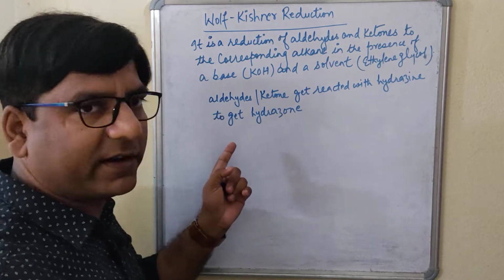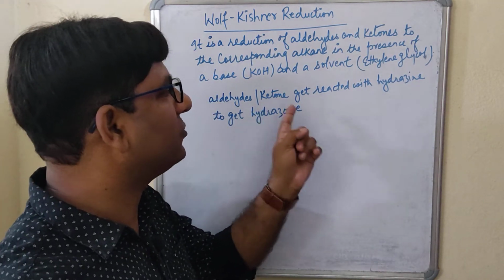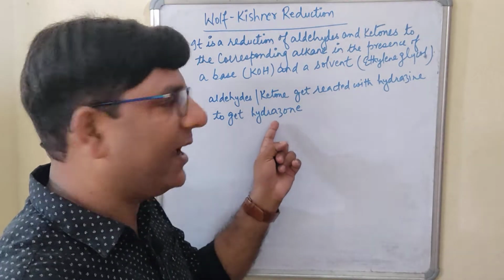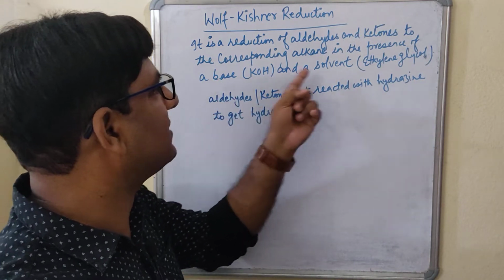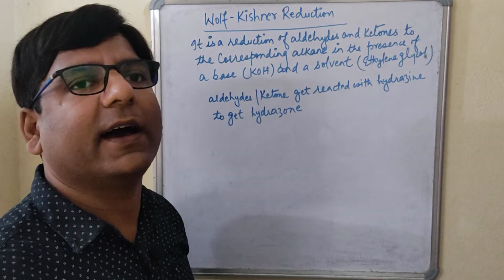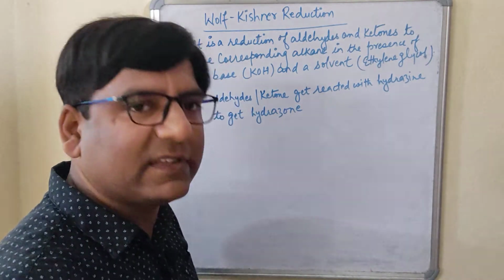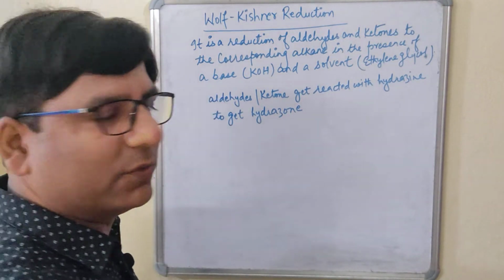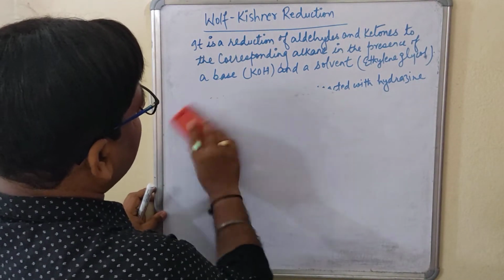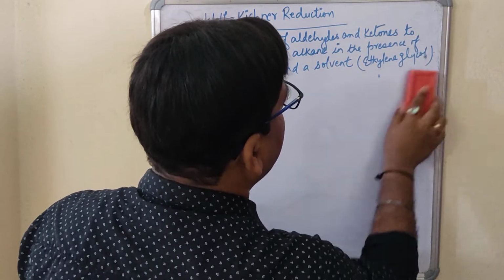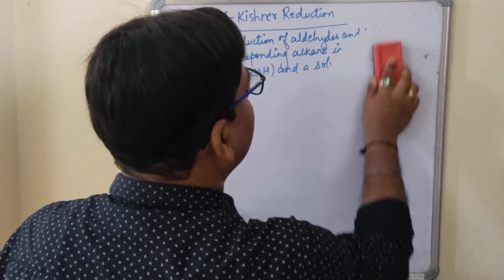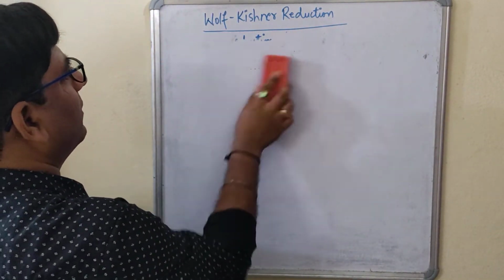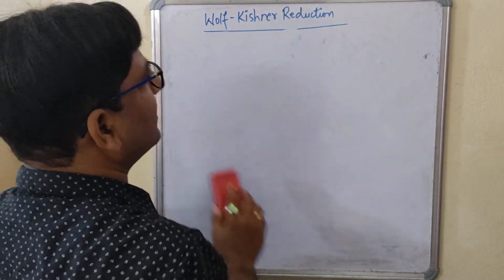That in this Wolff-Kishner reduction, this aldehyde or the ketone, first you have to react with the hydrazine, right, to get the hydrazone, and then this hydrazone in the presence of a base and the solvent, it will give you the corresponding alkane. Okay, now we will see the reaction of it, and then I will tell you the mechanism of it. Hope this is very much clear to you. So that is the reason, students, if you have not seen my previous video lecture, just see that previous video lecture, that is the Clemmensen reduction reaction, so that you can get an idea. Okay. Now, let us see this.